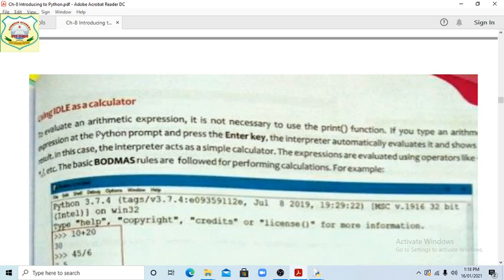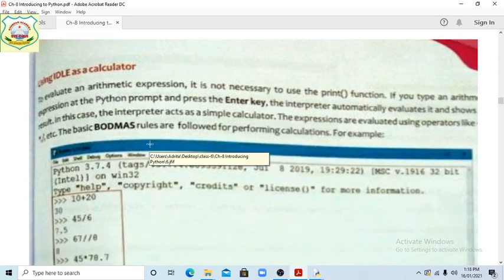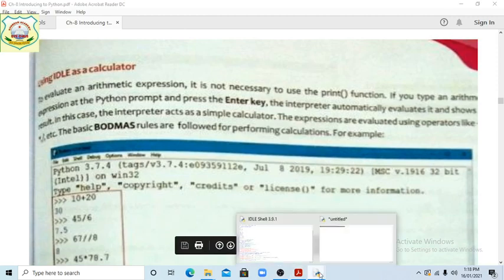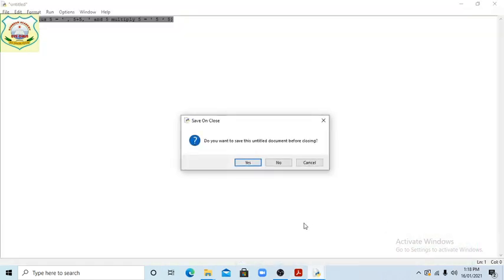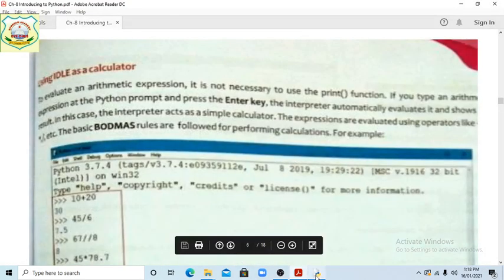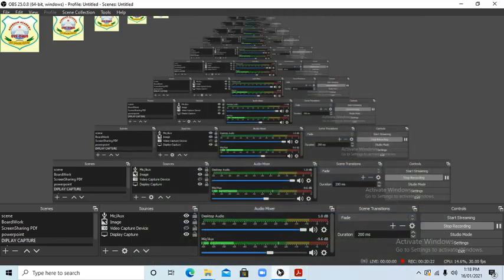The basic mathematical rules are given, very well. Okay, suppose I'm telling also, students. Wait students, again I'm opening.